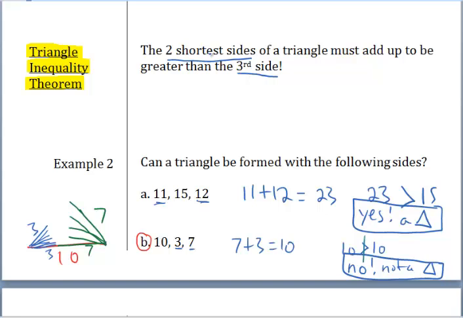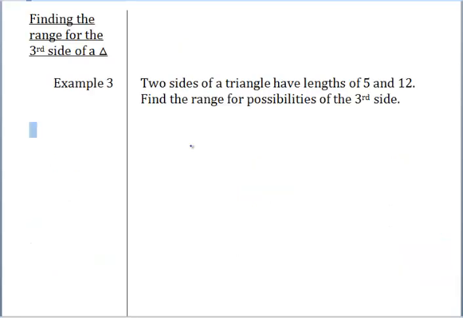So we go back to our triangle inequality theorem. The two shortest sides must add up to be greater than the third side. If these are bigger, 4 and 7, well, 4 and 7 will actually come down and form a triangle. All right, and the last topic to cover here with triangle inequalities is finding the range for the third side